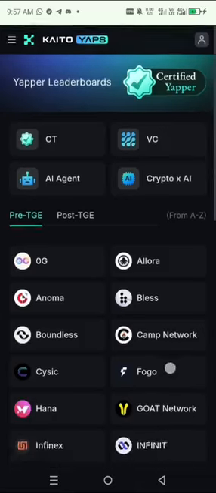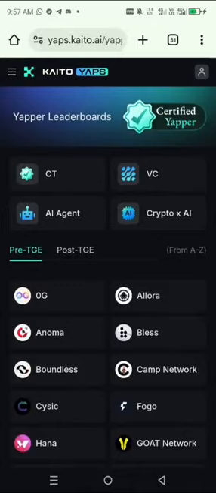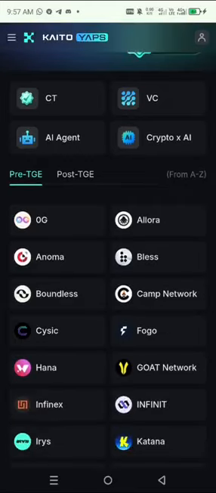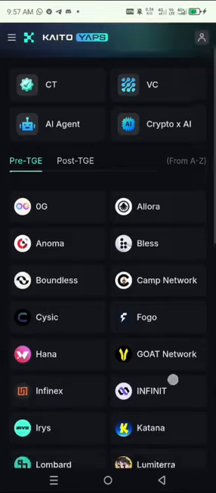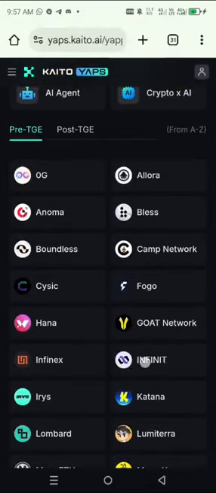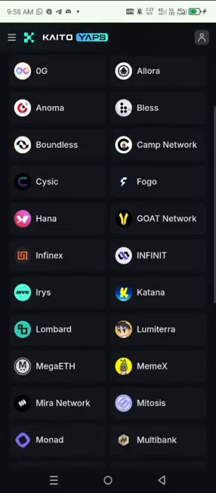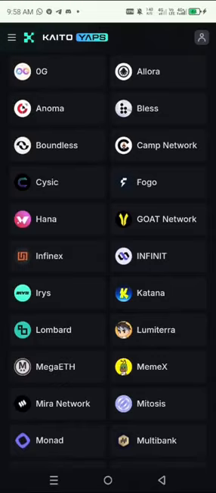Right? Now, let's come to my second section of today's video, which is what to yap. All right, so we'll be yapping Sisic, which is this one. We'll be farming this one, and also we'll be farming Infinis. All right, so these are the two projects we'll be farming, and if anyone is coming up later, you will be informed on how to do that, right? So with the understanding you have on this, it simply means you will be able to do any other one we pick.